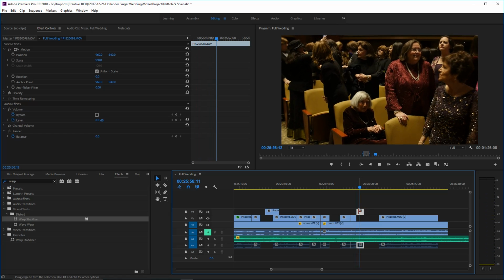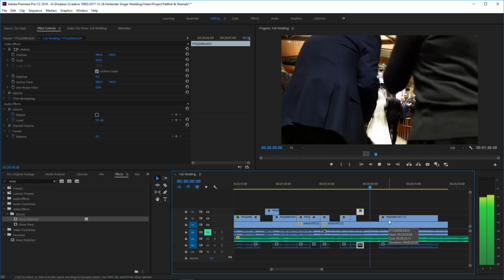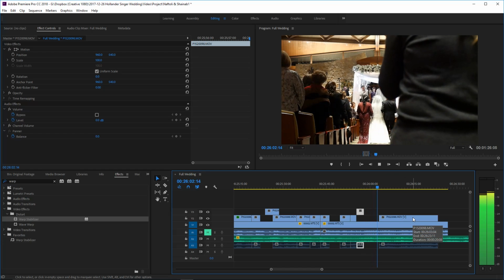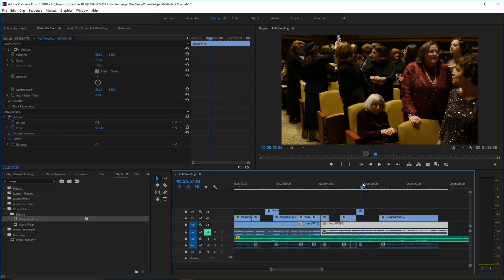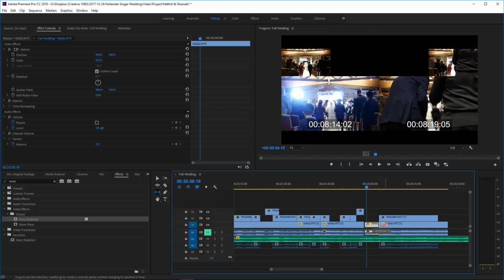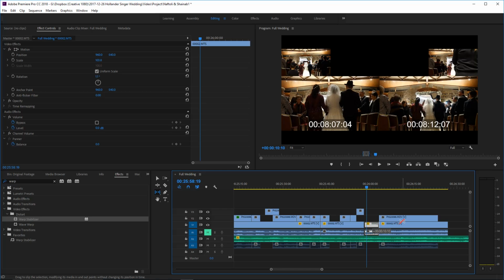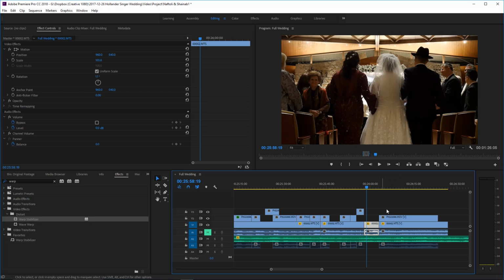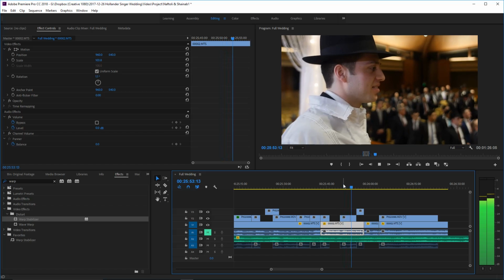And as she's coming down the aisle, we'll make people okay. I don't want this part of that shot, so we're gonna use the slide tool and get a point with that kid not in there.